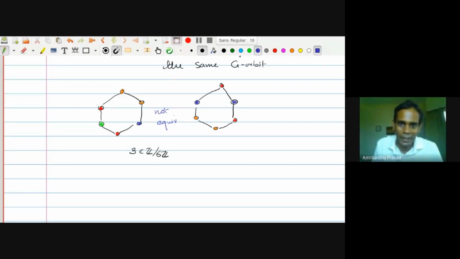But it's also possible that I have the same number of beads and still have inequivalent necklaces. So for example, if I did something like this, if I made this one red and this one green, then these are different necklaces with the same set of beads, and these are still not equivalent, even though they have the same set of beads. In some sense, their weights are the same, but they are not equivalent.